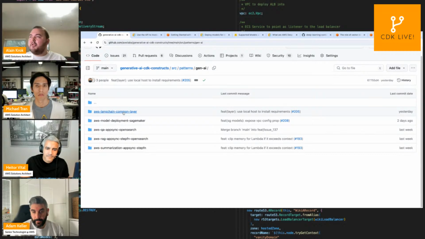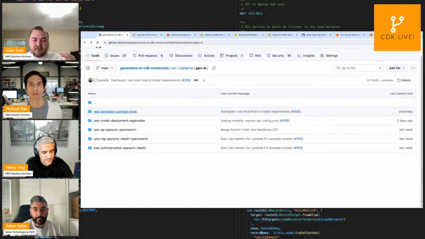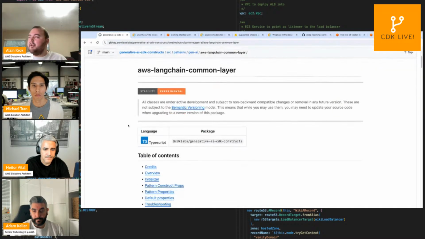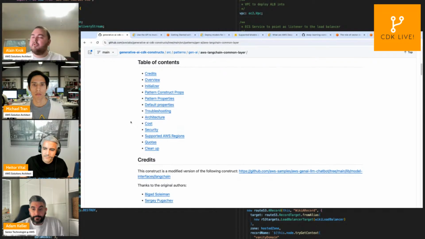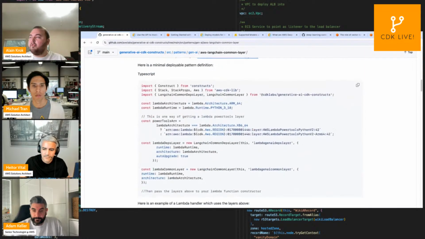Finally, we have two other big constructs that are a bit different. They are not those L3 patterns, but they are still useful tools that we found when building those Gen AI apps. One is a Lambda layer. You see that we use Lambda a lot in those serverless architectures, and we use dependencies, like LangChain for the orchestration, and other dependencies that we keep using in all those different Lambdas. So for sustaining, we found it better to create a Lambda layer that we could share across those different Lambdas. And that's something we can expose also to the user.